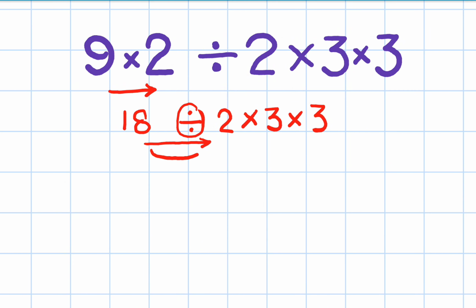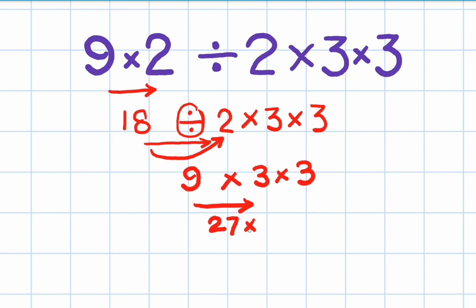So 18 divided by 2 will be equal to 9. Here is 3 times 3. Now again we have to move from left to right. So 27 times 3, which will be equal to 81. So 81 will be the correct